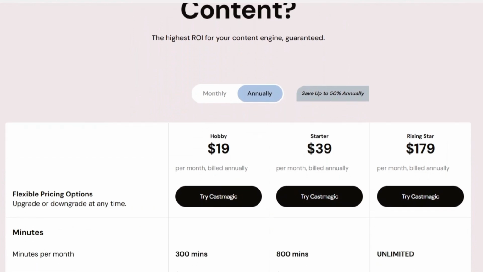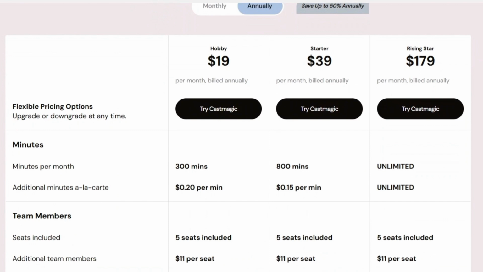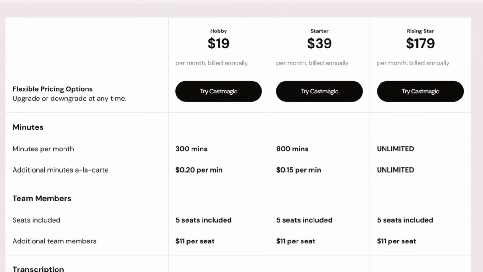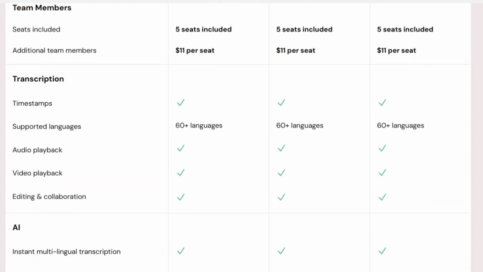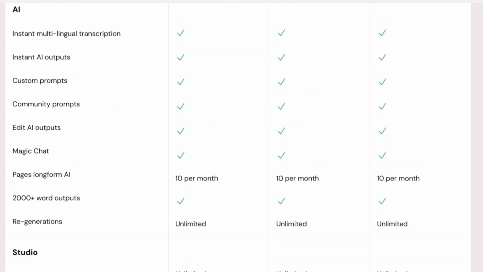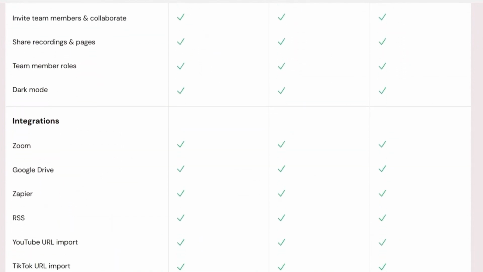Pricing starts at around $39 per month. If you're creating weekly content, especially podcasts or videos, it can easily pay for itself in the time it saves. The biggest mistake content creators make is thinking they have to reinvent the wheel every time. Castmagic lets you squeeze every drop of value from what you've already made, so you can focus on creating more,